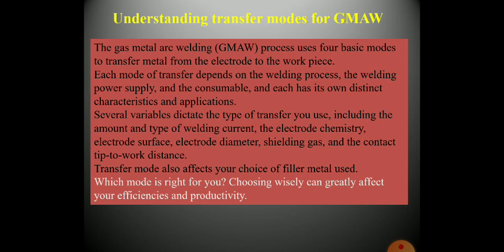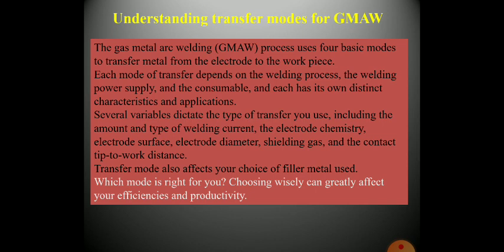So they are the electrode surface, the electrode diameter, the shielding gas, the contact tip to work distance, leading to the variables that provide the transfer mode of the metal. These are the very important points to be mentioned when we are performing this GMAW process. As I told you earlier in the beginning of this lecture, in these welding classes, the welding parameters play a very vital role